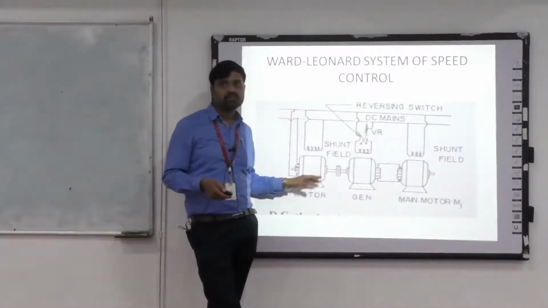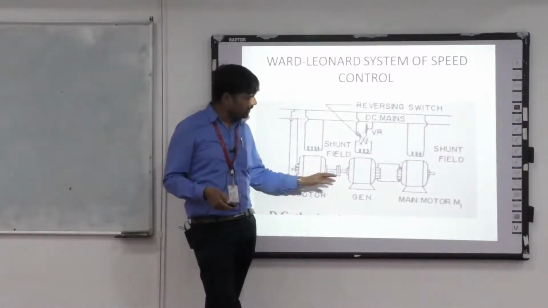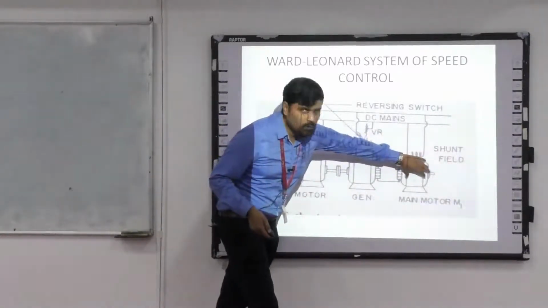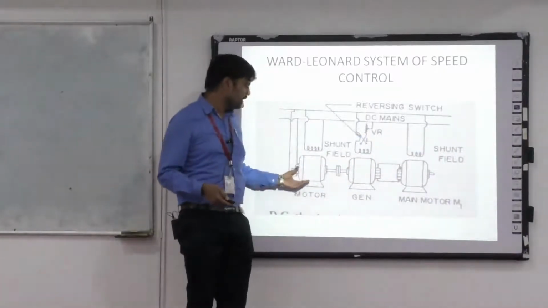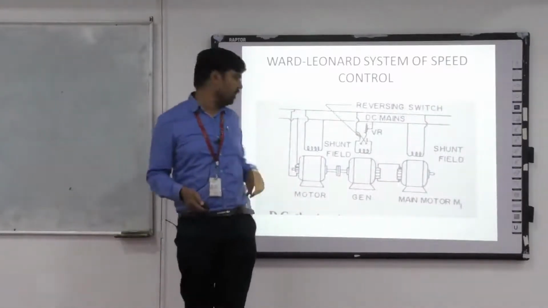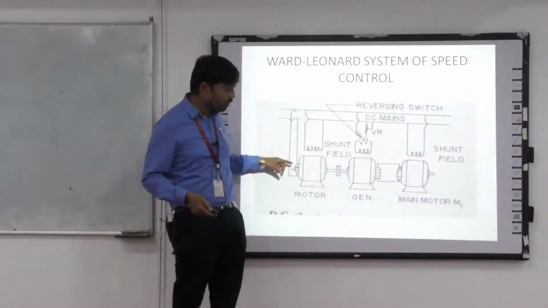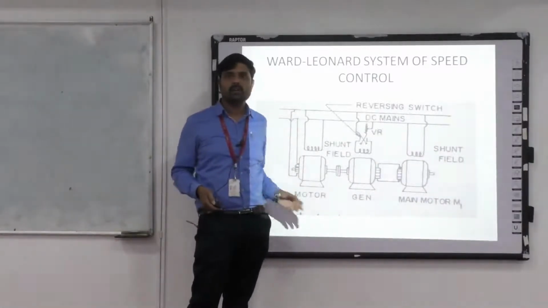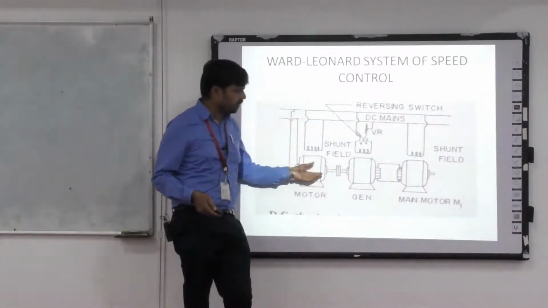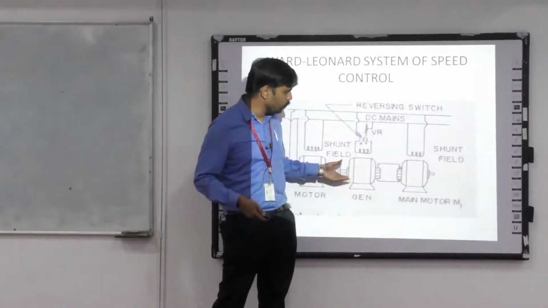Here we can see we are using two motors. One is a fixed motor, and this motor is coupled with a generator, and this I am going to control. This is the controllable motor. I have to give an electrical input through carbon brushes, as I already told. When the electrical energy is given, it is converted into mechanical energy. So the mechanical shaft is given as the prime mover to the generator.